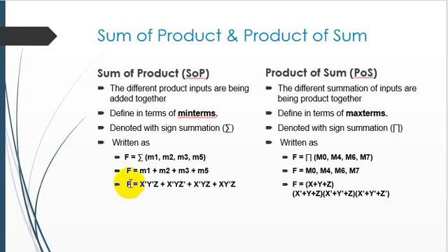Any Boolean function can be represented in three different ways. In the case of SOP, there is a summation symbol and the min terms are represented in brackets. Second, we can represent the function in the form of the min terms, and third, in the form of the input variables. In the case of POS, there are max terms combined with the help of pi, and we represent f in the form of the max terms, or lastly in the form of the input variables.